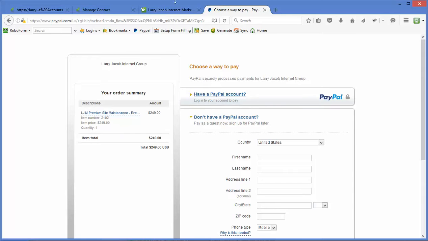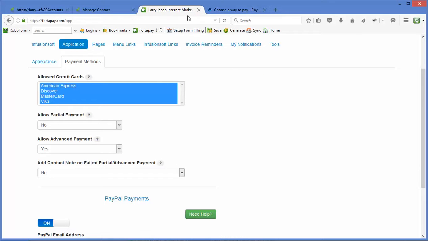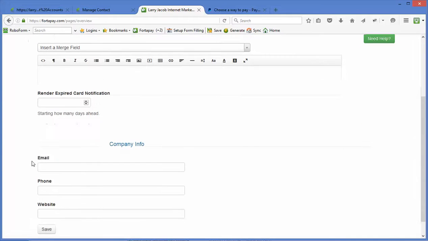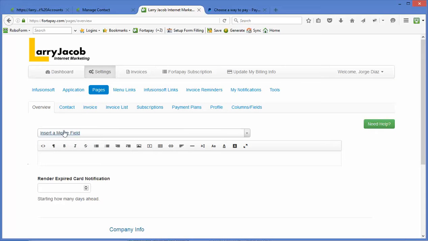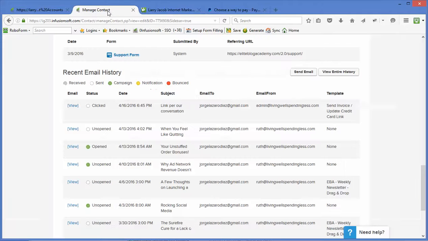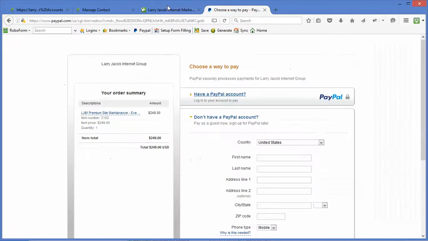So that any payments made here show up in the right account, obviously. Now there are pages, and these are ways to customize different parts of this information. So in the overview page, I don't typically put anything under contact. I put in this information. This is what corresponds to